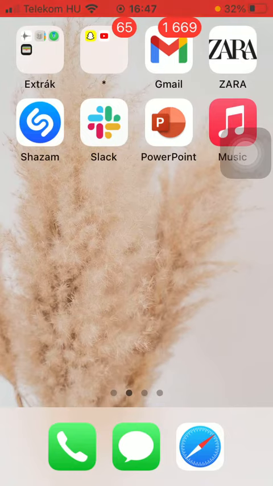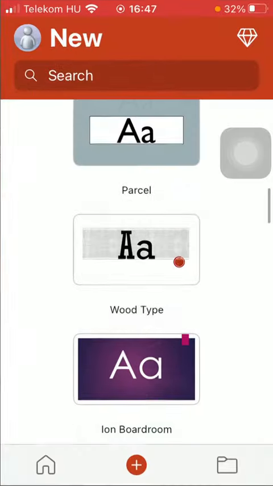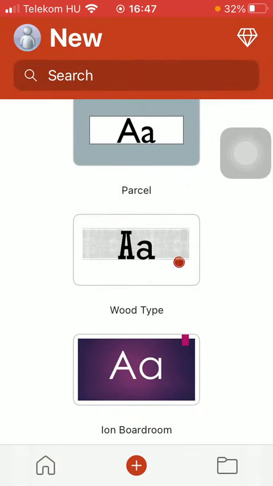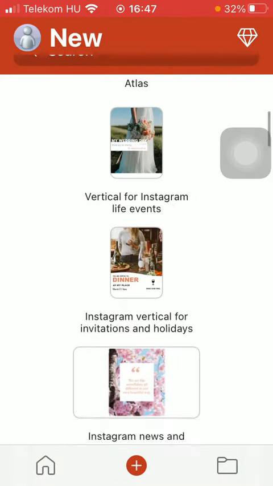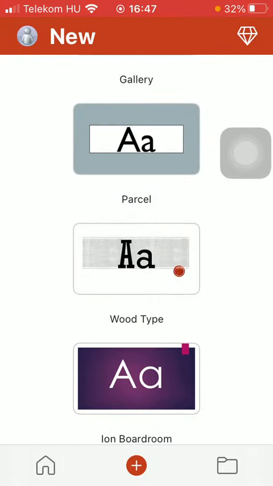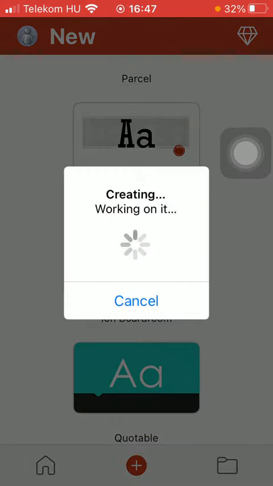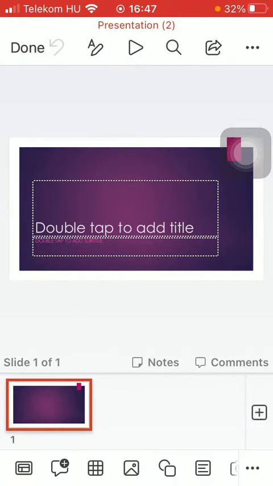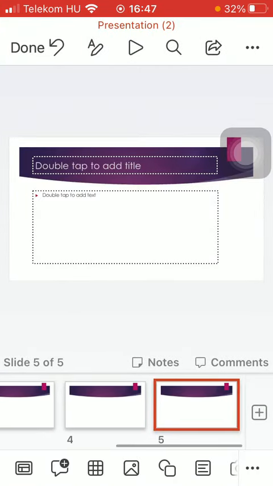First of all, open the application on your phone. Now tap on the plus icon down below, select a template that you would like to use in order to create your presentation, add slides, add your text, insert anything that you like. So after you have created your presentation and you would like to print it out, all you have to do